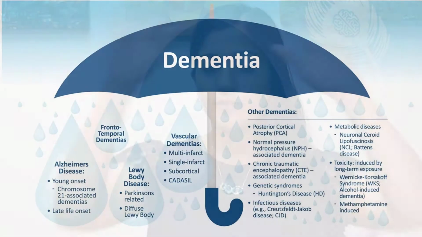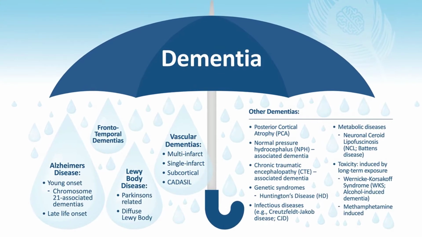Today we're going to be talking about terminology in dementia. And the first thing I really wanted to do was to talk about what's the difference between all the different terminologies that you hear with it. People tend to use dementia and Alzheimer's interchangeably, but really dementia is the umbrella term. So you have dementia on the top and then you have different categories of dementia, of which Alzheimer's is the most common kind.